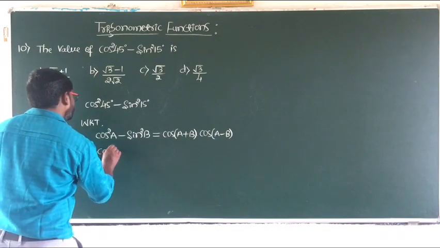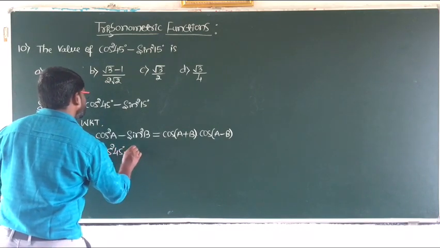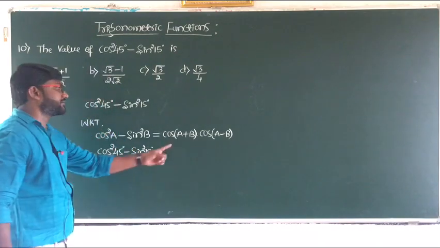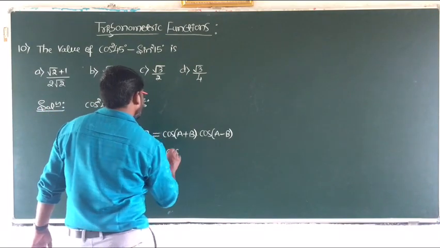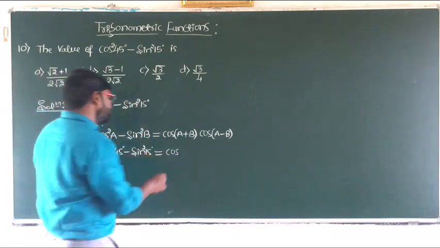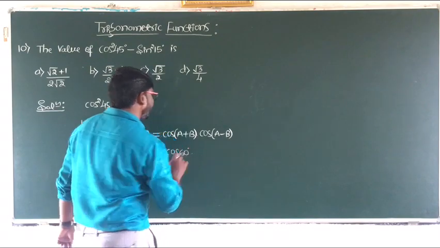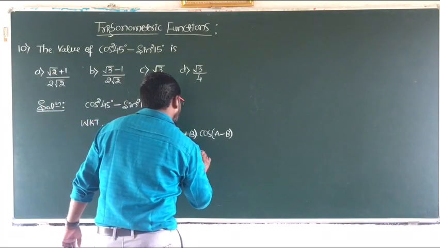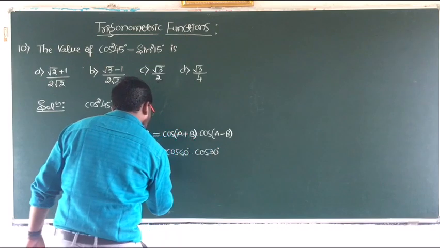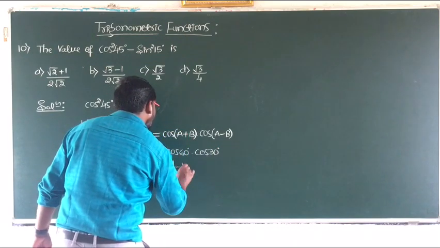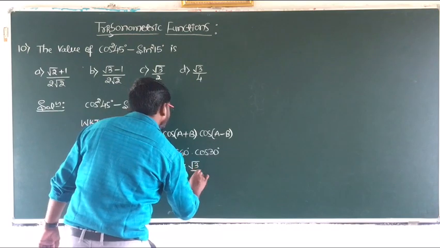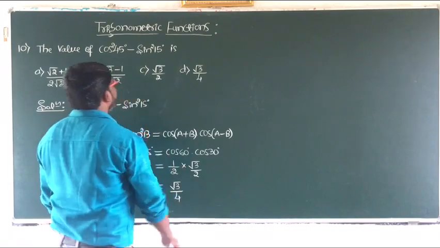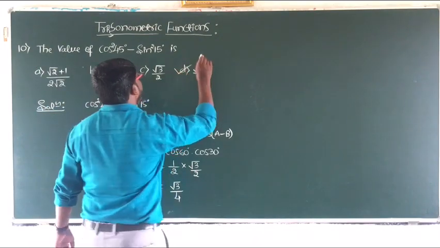Therefore, cos square 45 degree minus sin square 15 degree is equal to cos of A plus B, 45 plus 15 is 60 degrees, into cos of A minus B, 45 minus 15 is 30 degrees, so cos 30 degrees. Cos 60 degrees is 1 by 2 and cos 30 degrees is root 3 by 2. Multiplying these two, we get root 3 by 4, and hence the answer is option D. So, this is all about